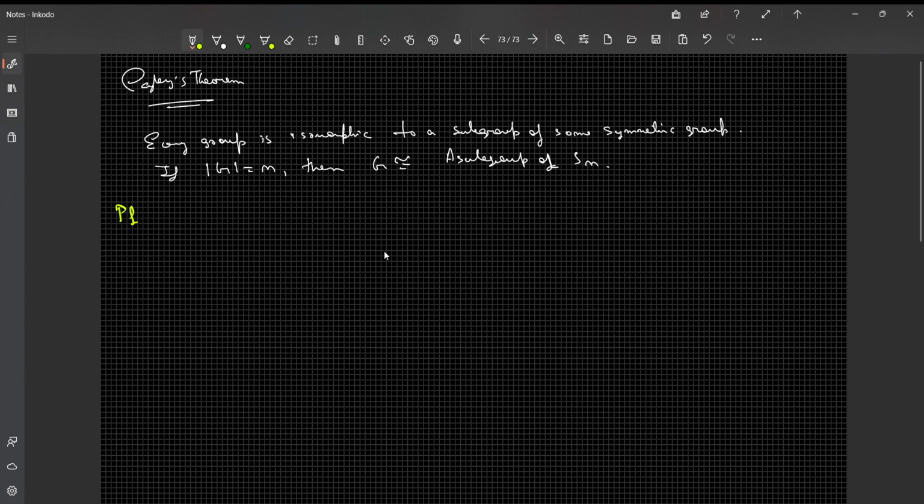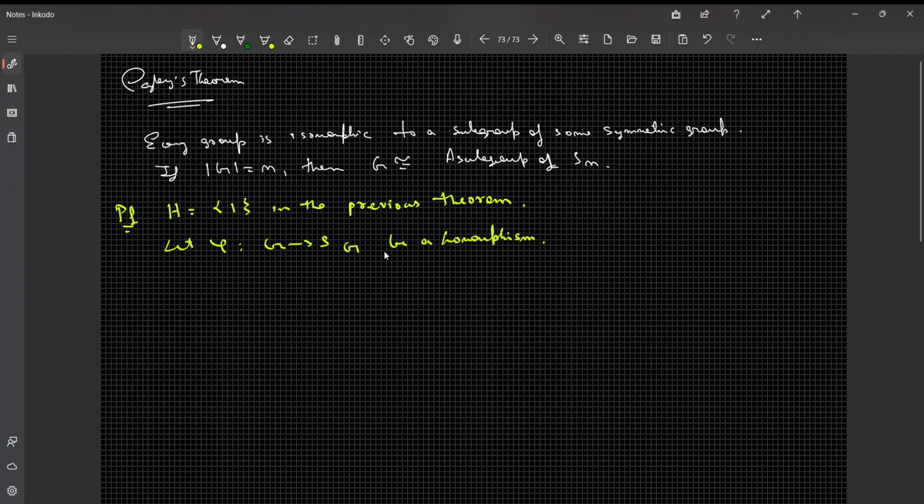So, proof. Now, what did we have in the previous theorem? In the previous theorem, we just consider H to be the identity subgroup. That will do. Because if you consider this mapping from G to SG as a homomorphism,